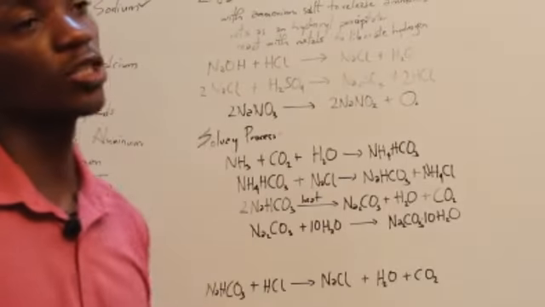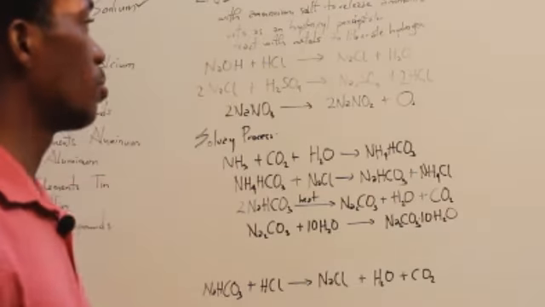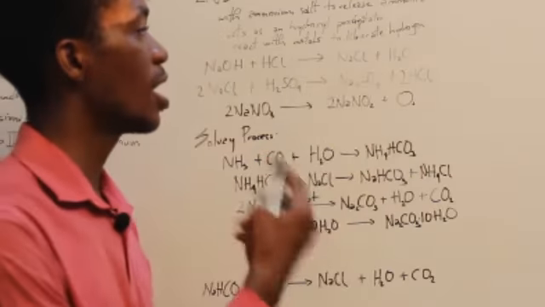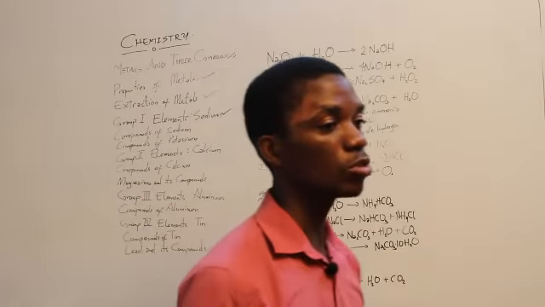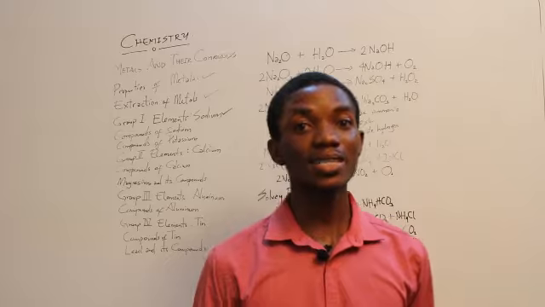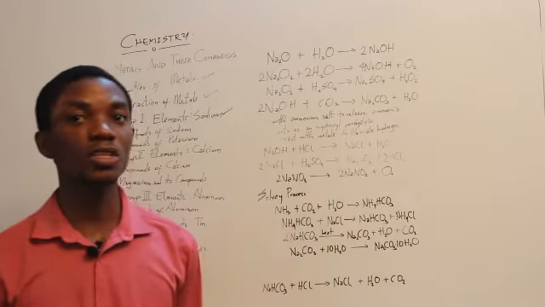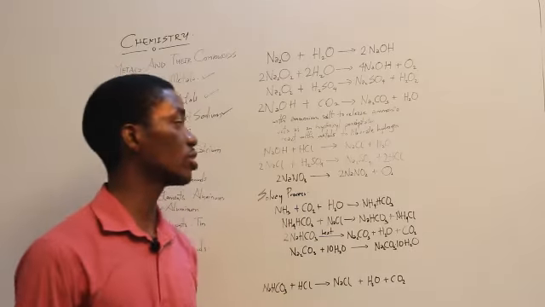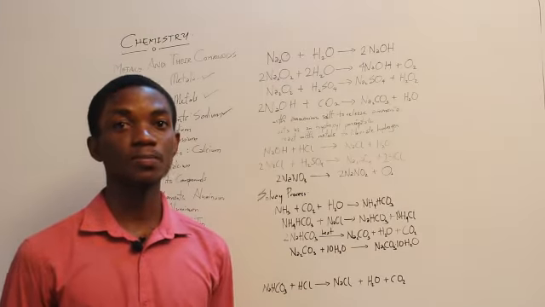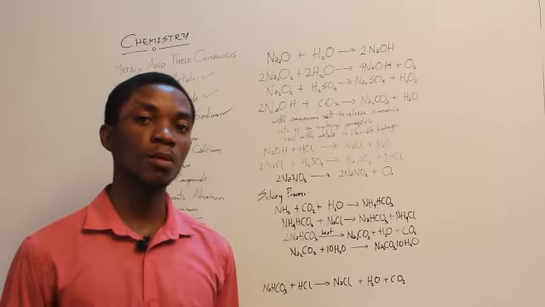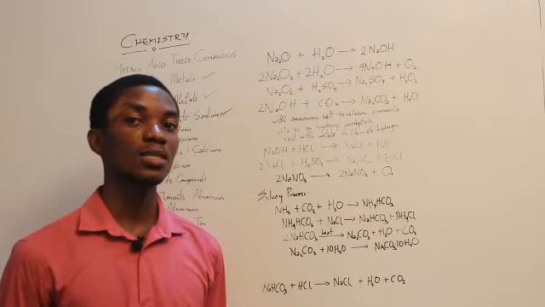Let's quickly talk about sodium chloride. Sodium chloride is produced by the reaction of sodium hydroxide and hydrochloric acid. When you react them together, you have sodium chloride and water produced. Of course, our sodium chloride is consumed as salt. It is used as our normal table salt. When it is pure, it is not deliquescent. But we tend to see that when we leave our salt in a particular place, it becomes moist after a while. That's because of the presence of magnesium chloride in it. Magnesium chloride is deliquescent, and they are both white substances.